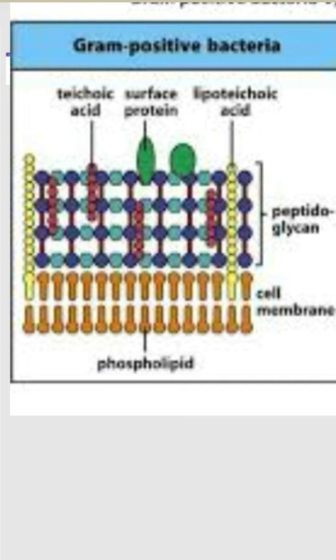Now, this peptidoglycan, which is a protein, is multi-layered. In this particular diagram, we can see just 4 layers of peptidoglycan, but there can be as many as 30 layers, making a thick peptidoglycan layer. So, this is present in a gram-positive bacteria. They also have teichoic acid and lipoteichoic acid, which are used in cell growth, and they also protect the bacteria. So, this is present in gram-positive bacteria.